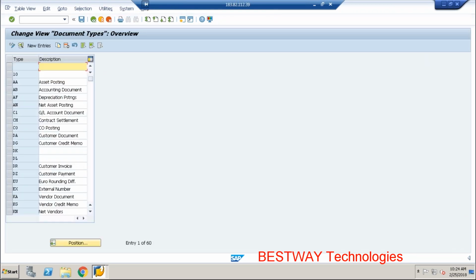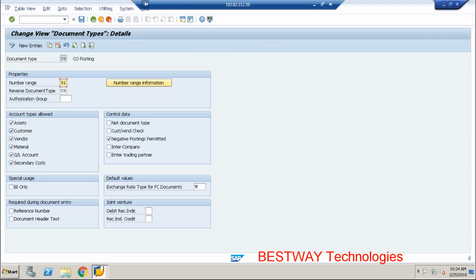See the document type, we have a new document type called a CO document type. This CO document type is a new document type given by SAP. The reason for giving this document type is whenever we do transactions in FI, we need a document type to do a posting. Now, when you do transactions in CO, the system will generate an automatic corresponding entry in